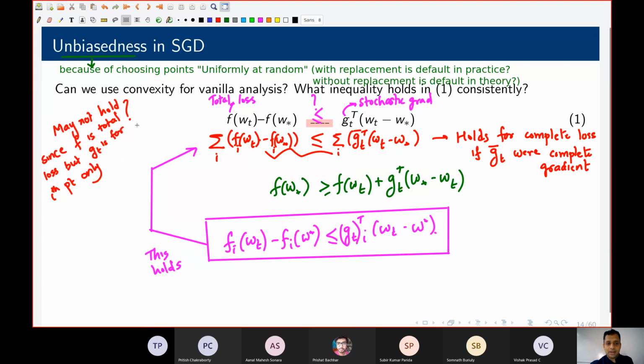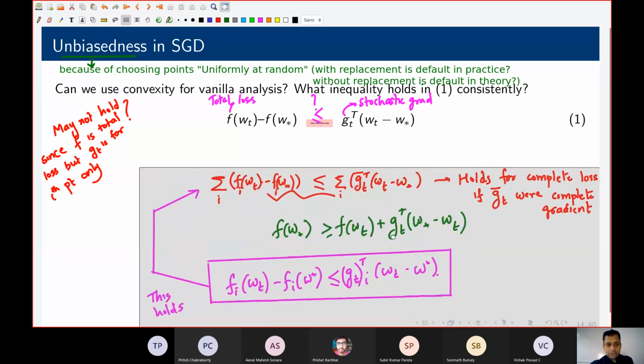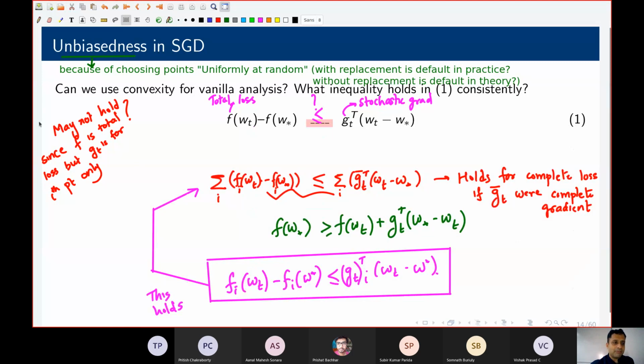I'm just going to create one more write-up, so what may not hold I'll write separately. Thanks for pointing this out, this could have been potentially very confusing. This part is fine. And what I'm saying may not hold is